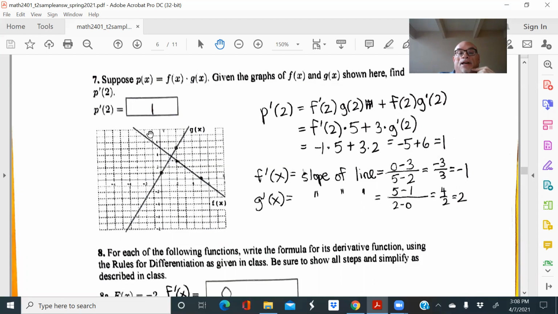So it turns out to have a nice derivative there, p prime of 2, even though I don't even know what the graph of p looks like, and I don't even have a formula for the function p. I know that p prime of 2 is